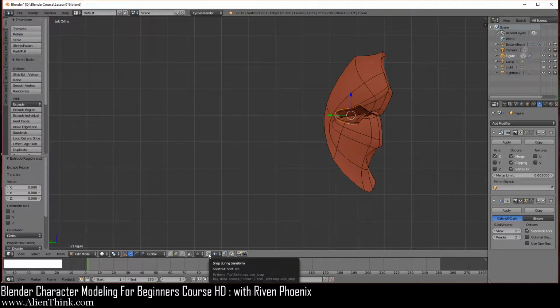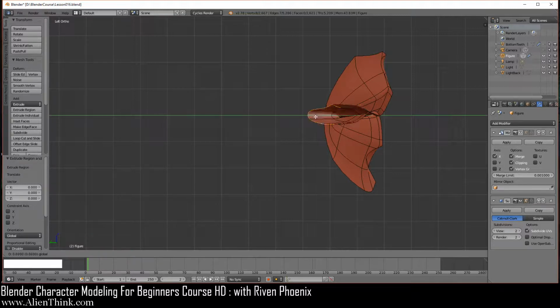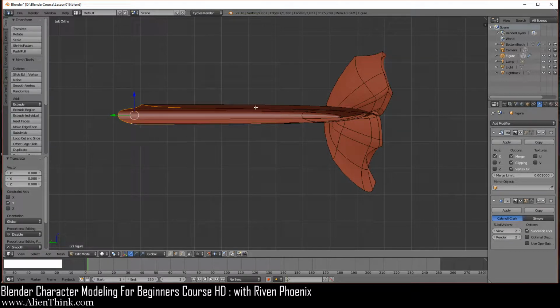Now make sure that you put the snapping back on. Click on the green arrow and you're going to take it 8 nudges. So I'm going to click on this green arrow, take it to the left, 1, 2, 3, 4, 5, 6, 7, and then 8. Okay, so we've extruded this. So here I'm going to count 1, 2, 3, 4, 5, 6, 7, and then 8.